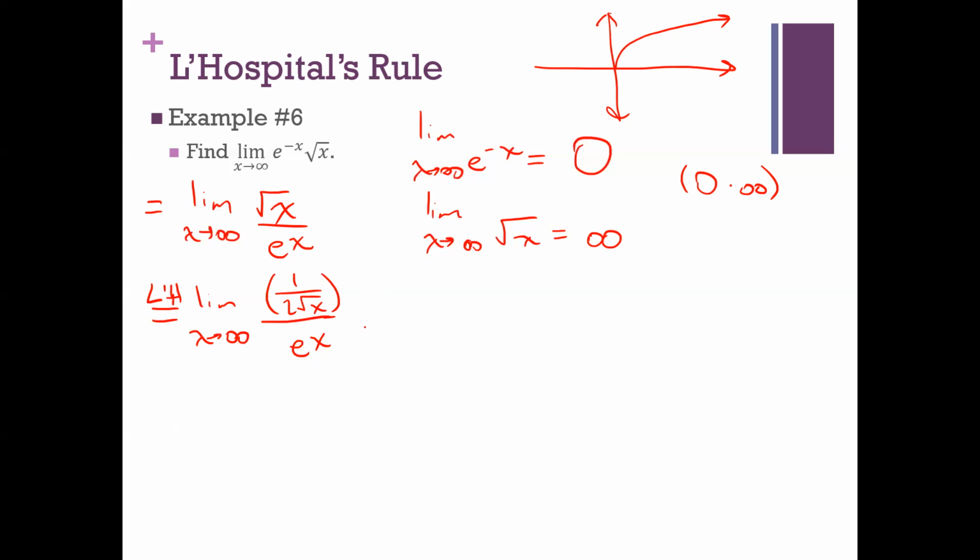Nope. So basically what you have here is this, and I'll write this out again. The limit as x approaches infinity of 1 over 2 radical x is 0. The limit as x approaches infinity of e to the x is infinity. So you have a number that's trending towards 0 divided by a number that's increasing without bounds. So this limit right here is, therefore, the limit as x goes to infinity of